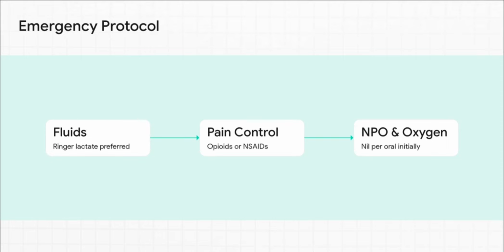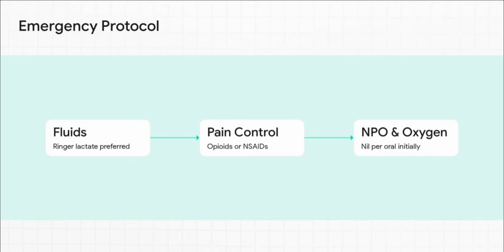Step 1 is fluid resuscitation. I honestly cannot emphasize this aggressively enough. This is the single most important step in initial management, and Ringer lactate is your preferred fluid. Because of the massive fluid sequestration and dehydration going on, you have to support that circulatory system to prevent total